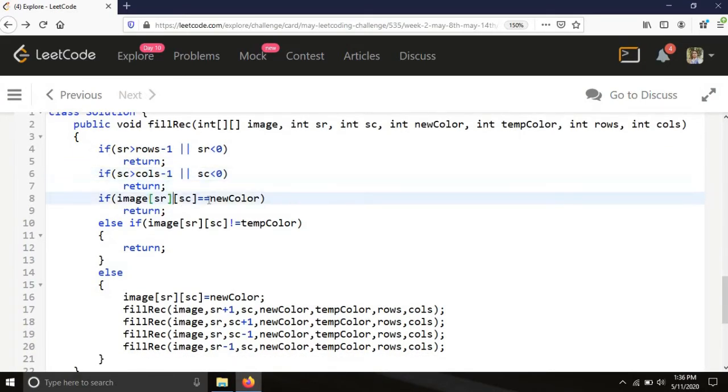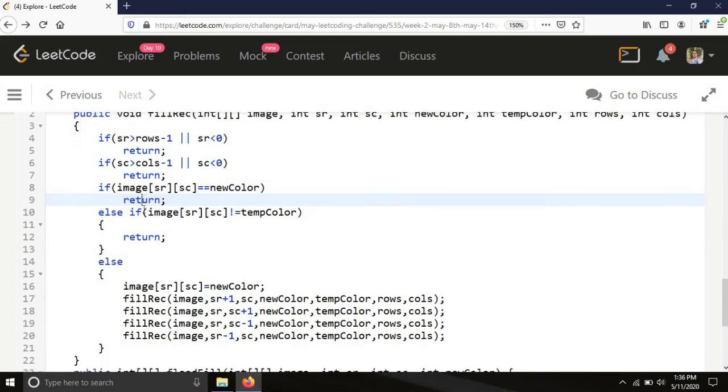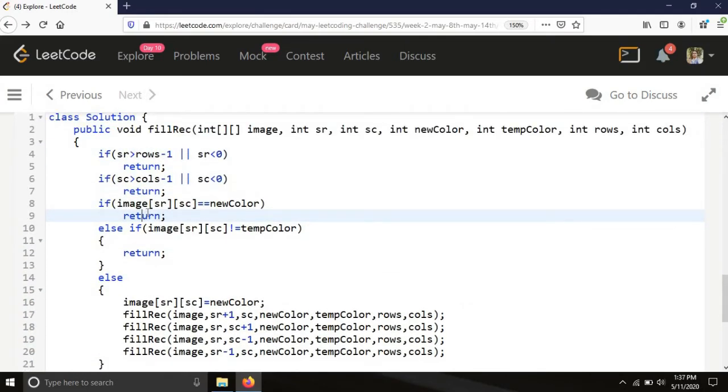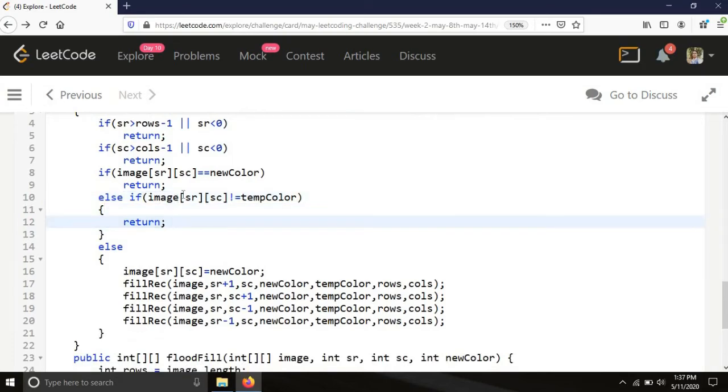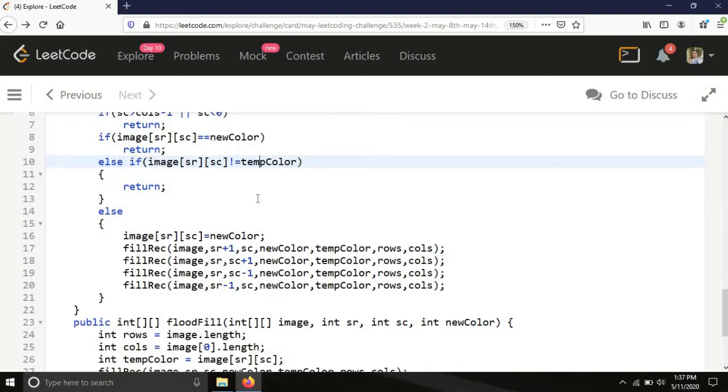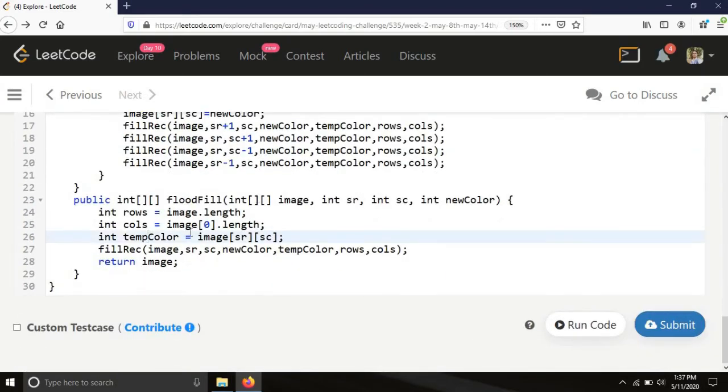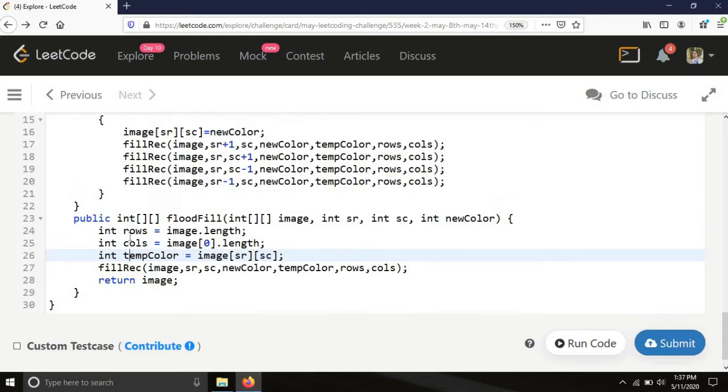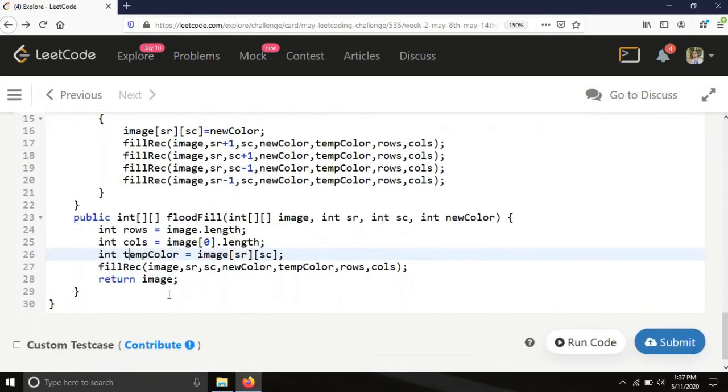After that I am checking whether the color is already updated or not. If color is already updated, I am basically returning the recursive call. After that, we are checking whether the current position has the same color as our initial color or not, means basically we are checking whether it is a neighbor of our initial position or not.